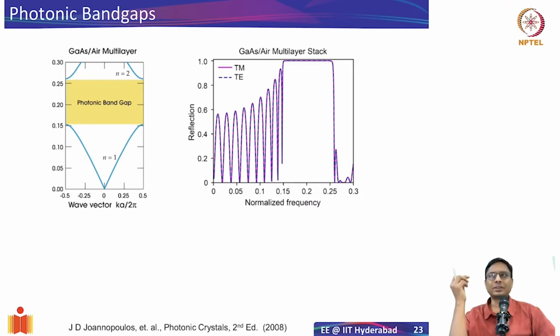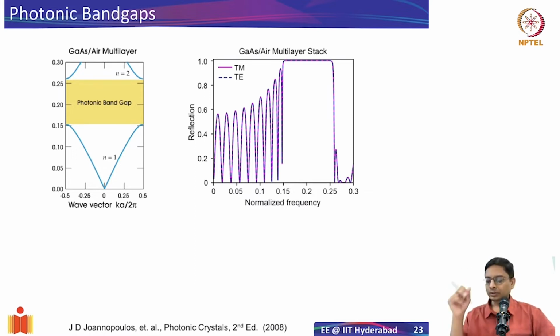In essence, the photonic band gap is very similar to an electronic band gap. If you have an electronic band gap, you can't excite an electron-hole pair at that energy. Within the band gap, you cannot have a state available. So photonic band gap means within the band gap, you don't have any electromagnetic states available. If you try to shine a photon at that energy, it will not propagate through the material. That's what a band gap essentially means. So the discussion on this slide today will help clarify this question.